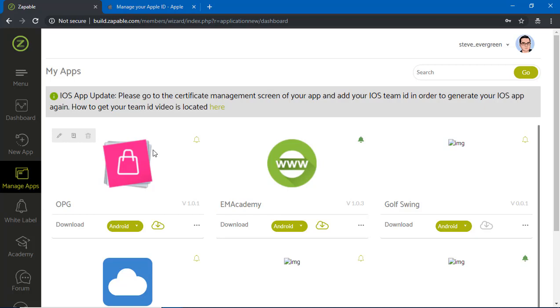I want to give you a quick update on some changes that have been happening within the Apple system, in particular how you submit apps to the App Store. Now, like I said, there have been some changes, and this is all to do with a combination of two-step authentication and two-factor authentication. So effectively what this means is how to secure your Apple account. That has changed slightly in respect to how you submit your IPA files through the Zappable platform